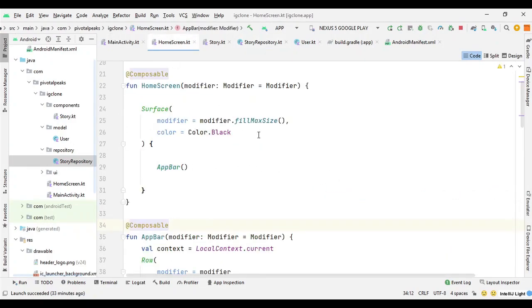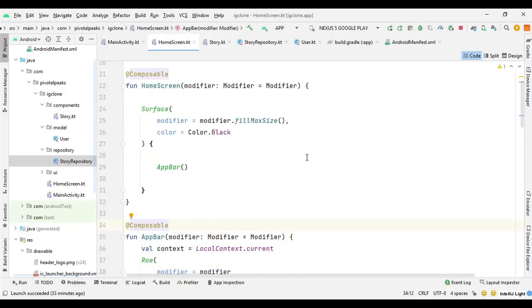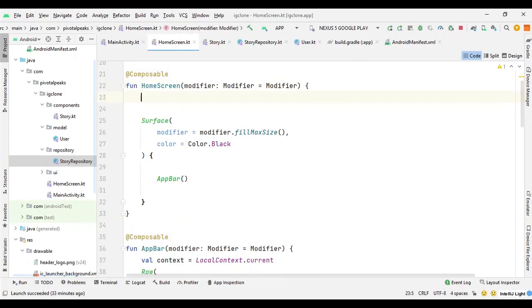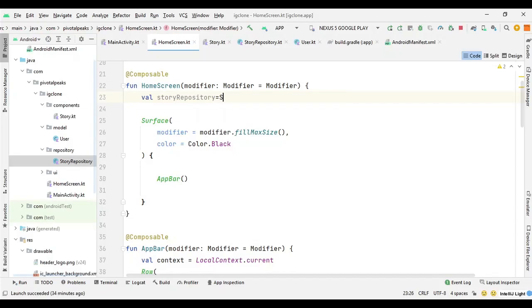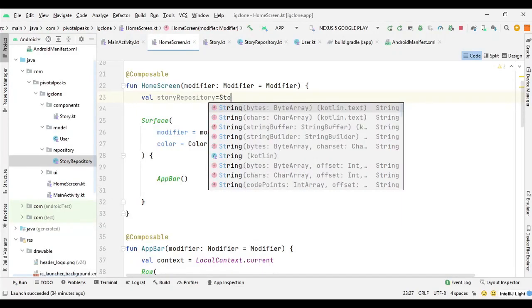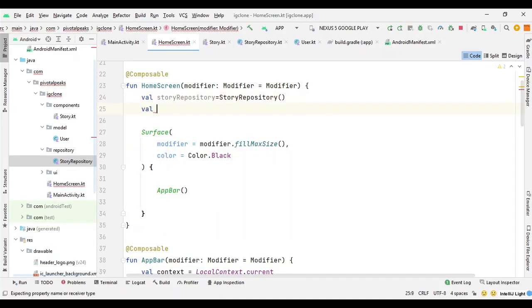So now that we have our fake data, we can actually go to our home screen function, and we can call our stories function to render in home screen. So let's first get the reference for our repository data. So we can say value story repository of type equals story repository, and then we can create another value to get all the data.